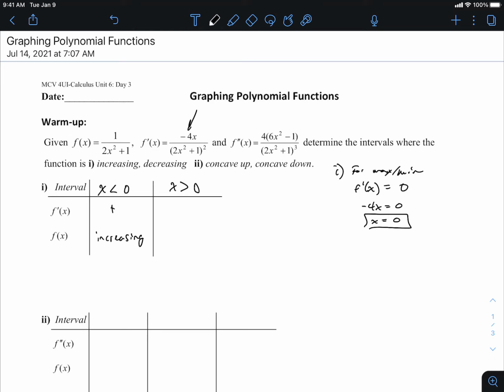If I plug in a negative value into the slope, I'm going to see that it comes out to be positive, right? And the opposite would be true if I plugged in a positive number. If I plug in a positive number into the slope equation, the first derivative, I'm going to see that I get a negative, and so it's decreasing on this interval. And so we could conclude